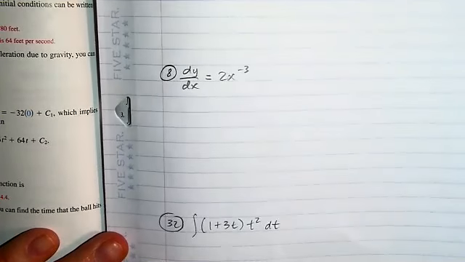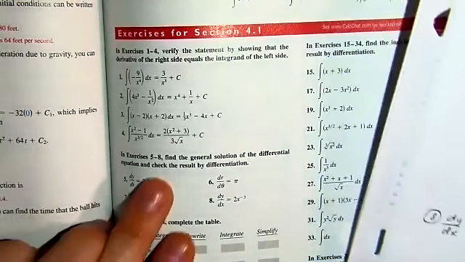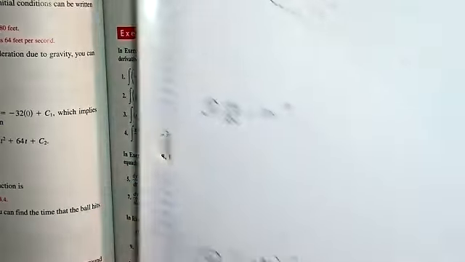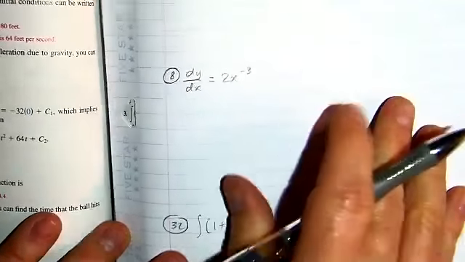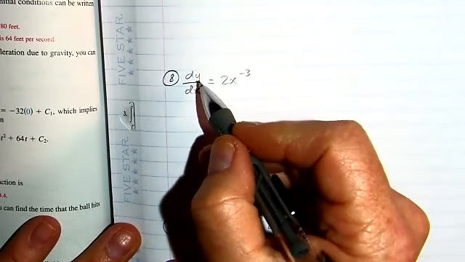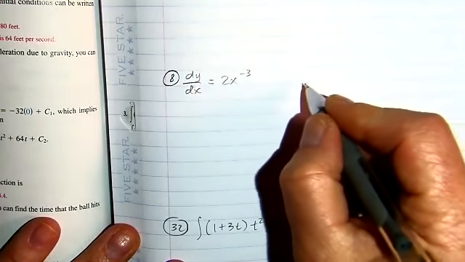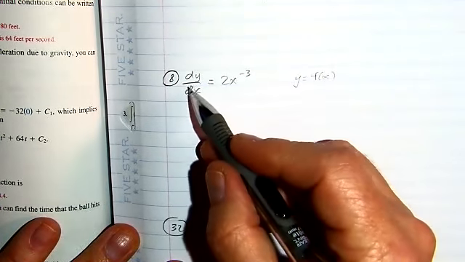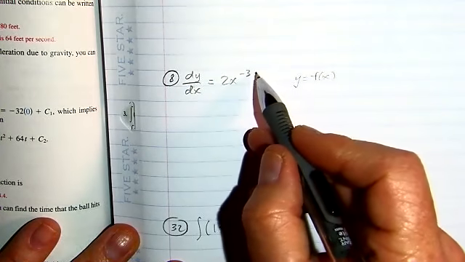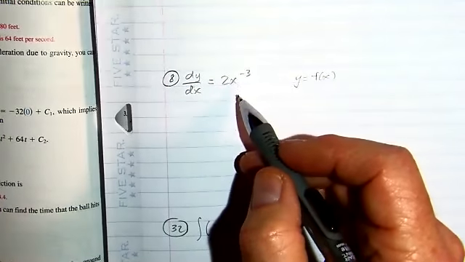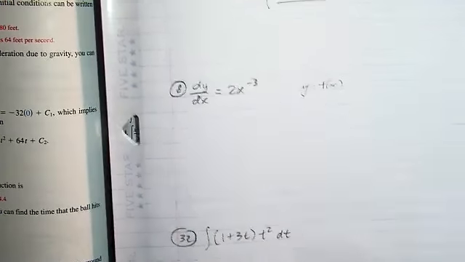Okay, problem number 8. The directions are: find the general solution of the differential equation and check the result by differentiation. It's a very similar idea. So what is this asking us to do? It's asking us to find the function where y equals a function of x, so that when we take the derivative of this function, we get 2x to the minus 3. We can think about how to do this logically, or we can go back to the rules